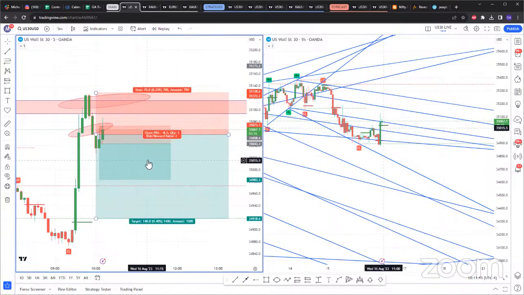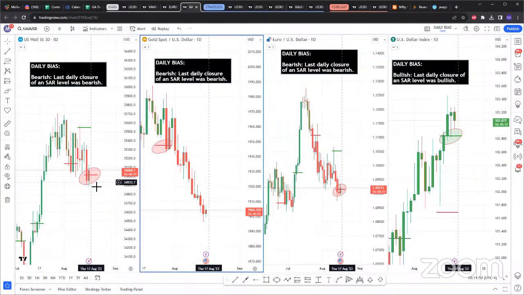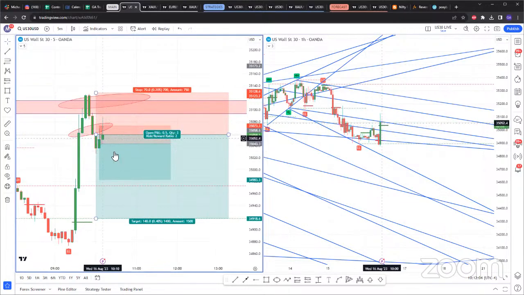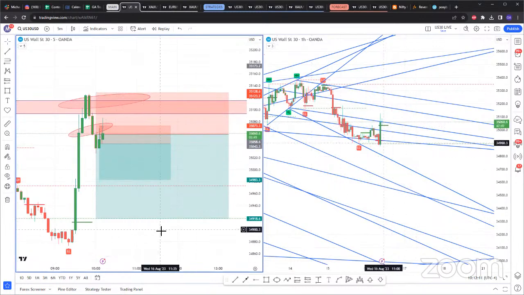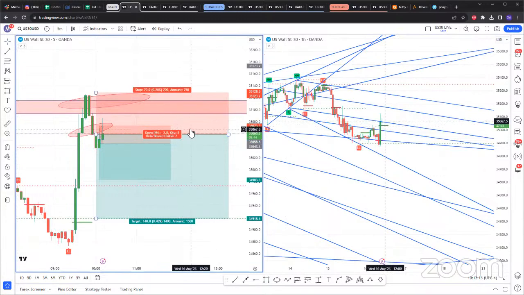So keep in mind, the reason we're looking for sells is based off of the daily bias right here. That's the major reason we're looking for sells. And US 30 again is coming back down still. So I'm still in that trade, the 5-minute entry. If you remember when I was entering, I didn't enter on impulse, right? I waited for that retracement. So I'm still in this trade. And I'm not in the 15-minute trade.